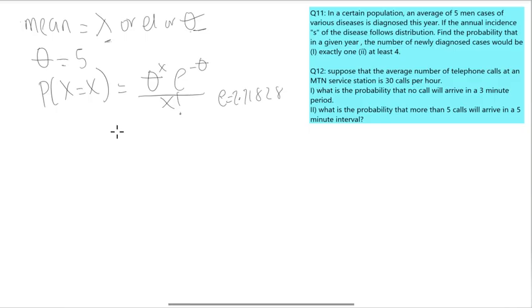So now I found our mean. The next thing for us to find is our x. We have the mean, we have e, we just need our x, right? So now let's go back to the question. The question is saying that we should find exactly 1. So when P is exactly 1, that means when x is